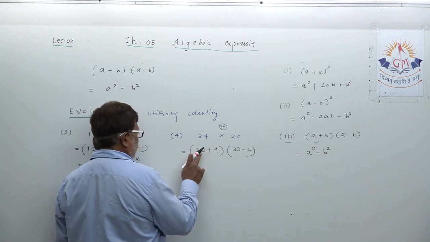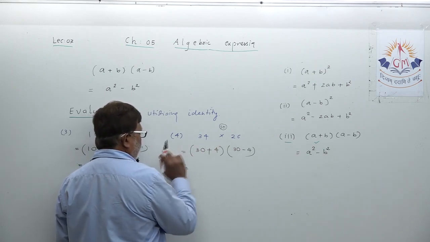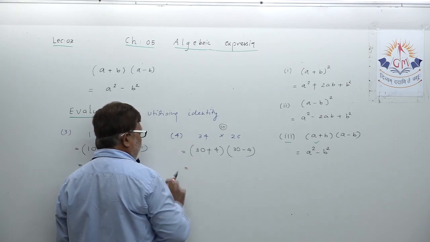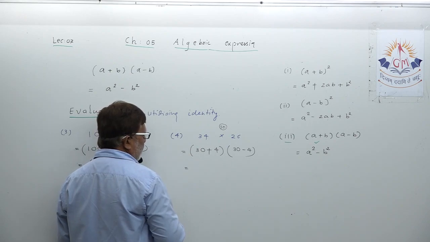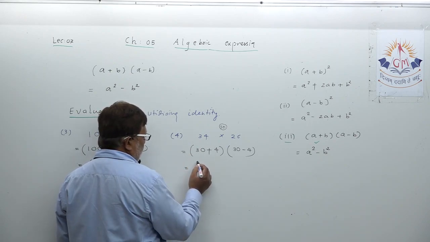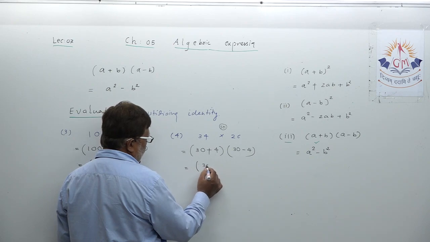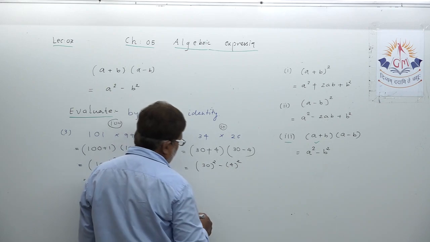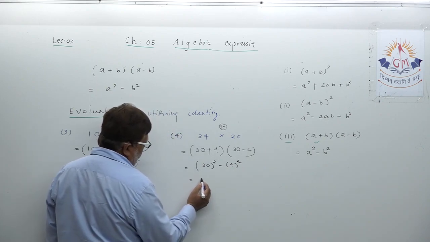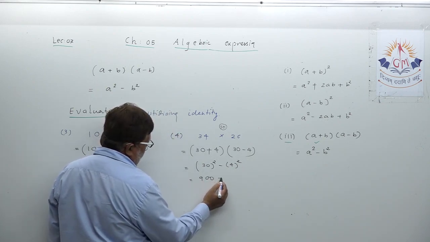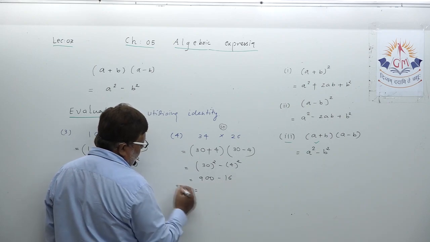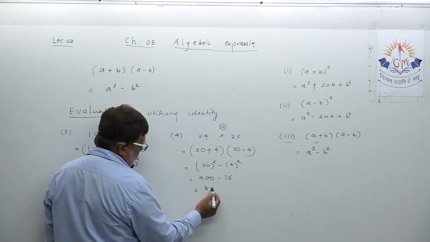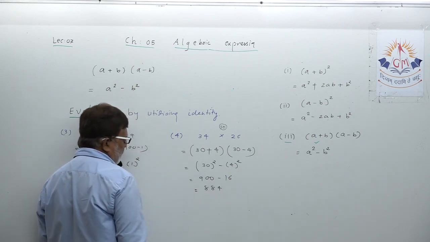It is like A plus B, A minus B. What will you consider as A? 30. What will you consider as B? 4. So A square minus B square: 30 square, that is 900, 4 square, that is 16, 900 minus 16, it is 884. Okay,